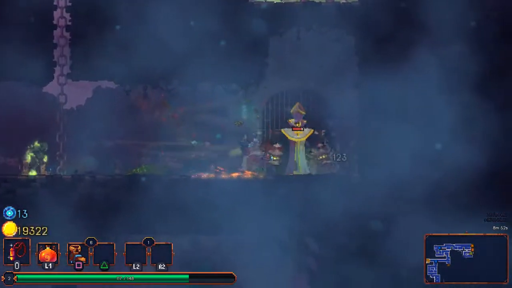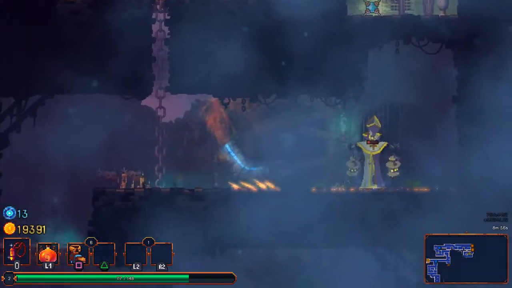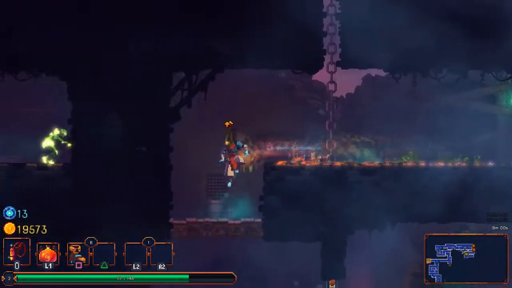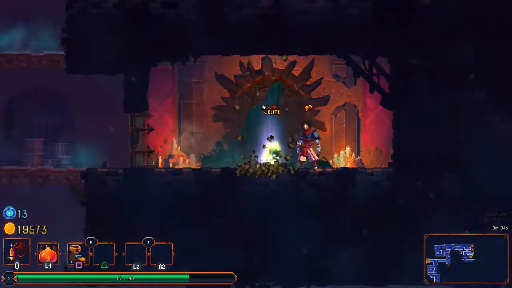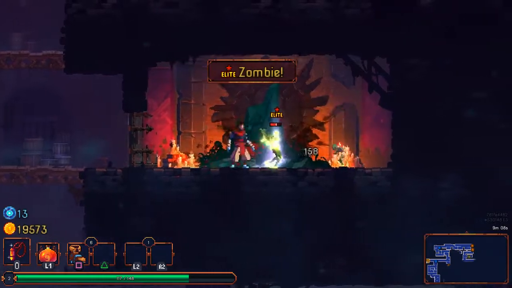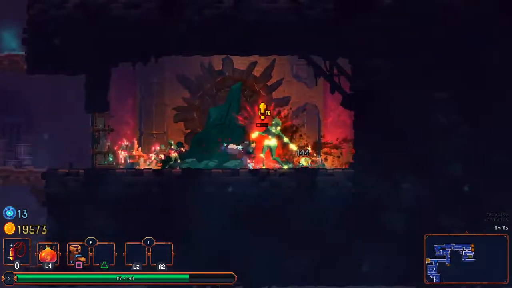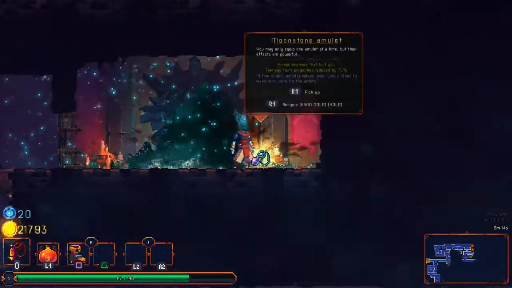Whenever I'm playing a 2D game, I always prefer using a D-pad over the... Oh man, I'm just getting distracted here. I always prefer using a D-pad over using the analog sticks, because I think the analog sticks will have you accidentally pressing down, pressing up when you don't want to. So you get nice and...